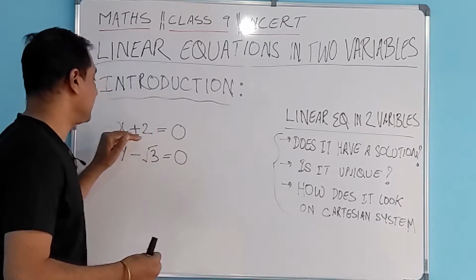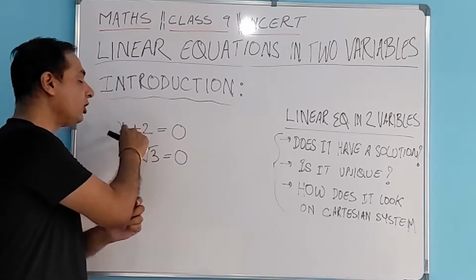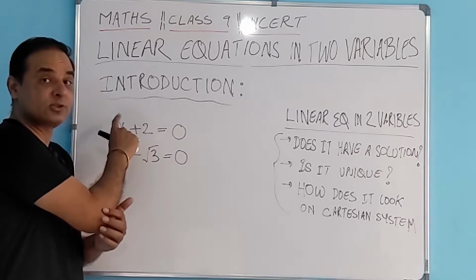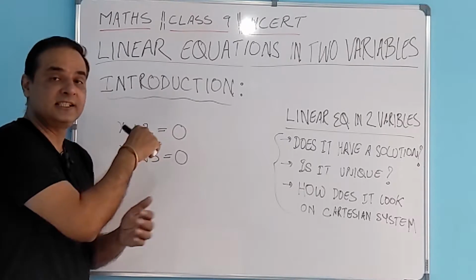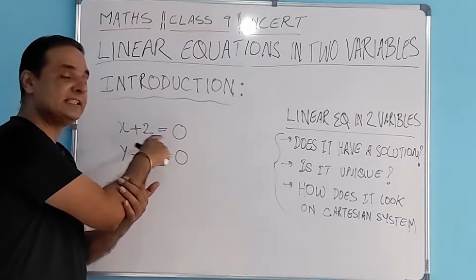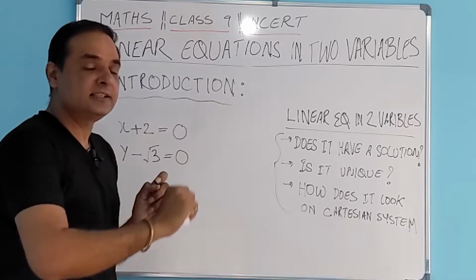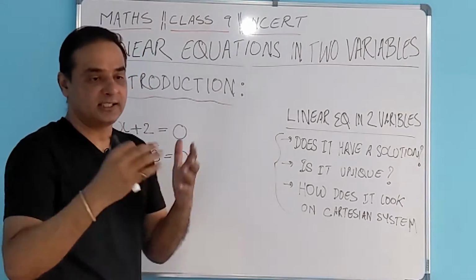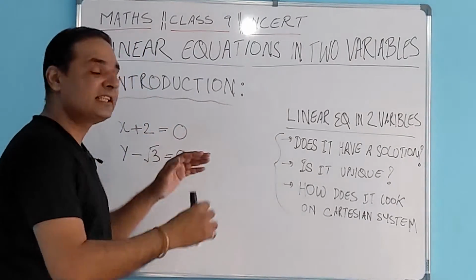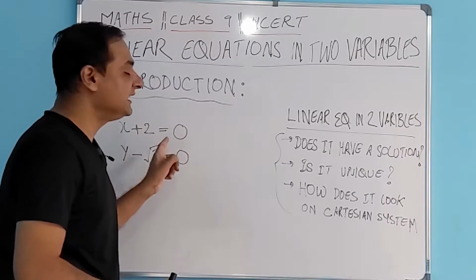So if you look at this x plus 2, one thing which you see is the order of this equation is 1. So x raised to the power 1, that's the maximum power we have of the variable in this equation. तो अगर हम ये equation को plot करते हैं ग्राफ में, कार्टेशियन प्लेन में या दूसरे ग्राफ में, हमेशा इसका रिजल्ट आएगा एक स्ट्रेट लाइन. That's the reason this is known as a linear equation.